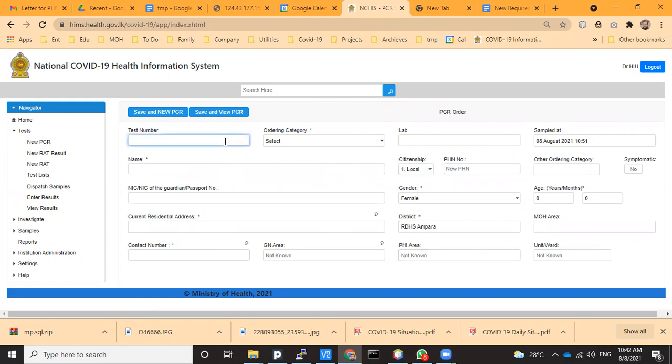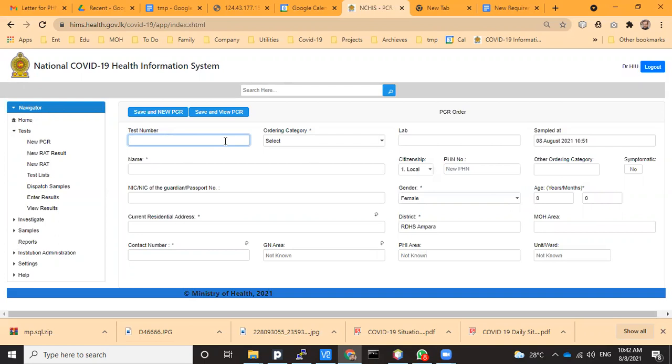Now test number is the number that will be pasted on the PCR tube. So you are sending samples to your hospital, some other lab. Other that we are sending to Betty. Okay. In that case, you have to write a test tube number.